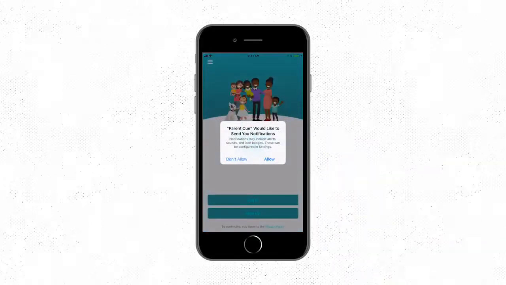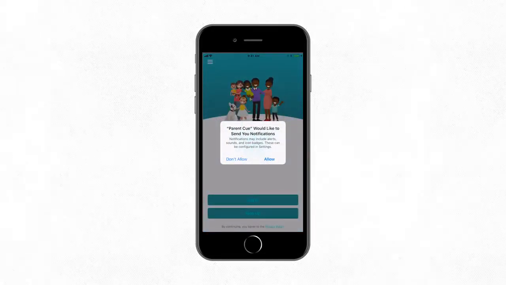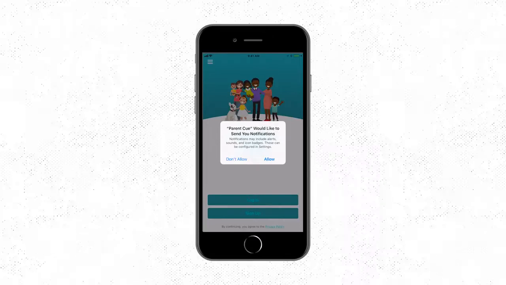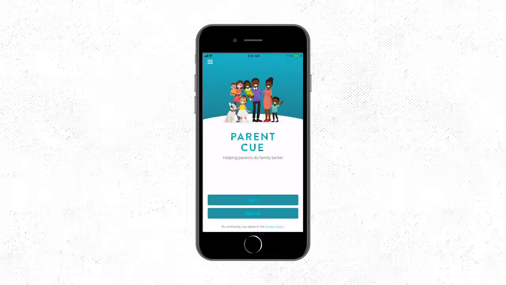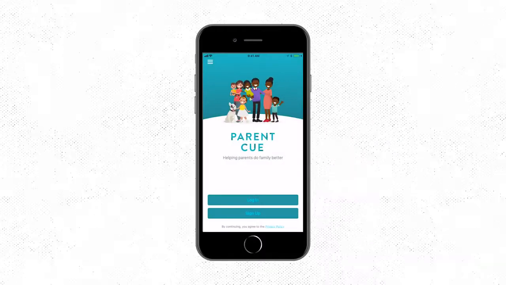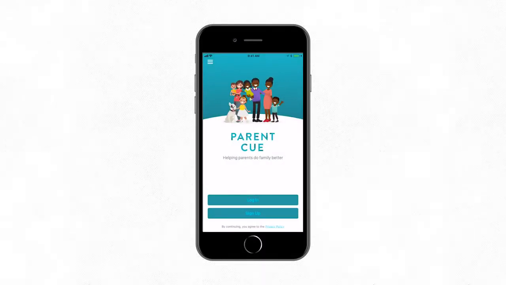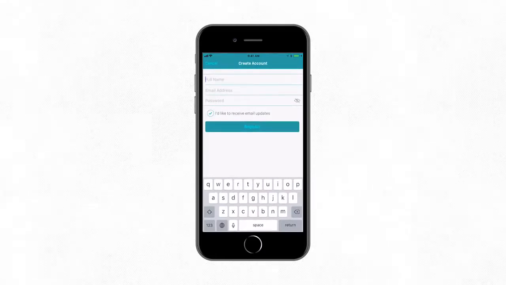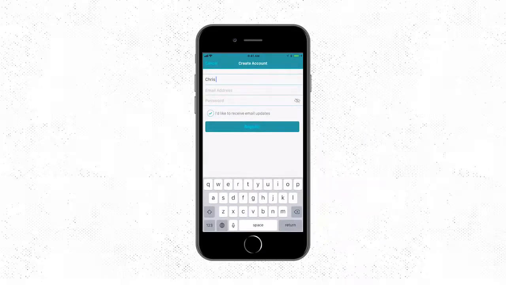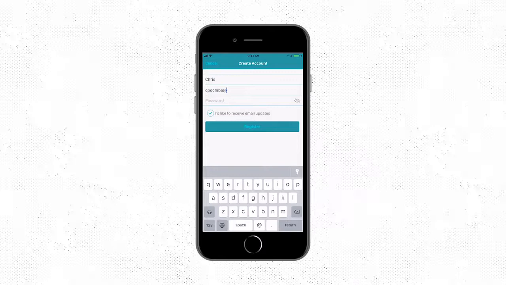On the first screen you'll see when you open the app, accept whether you would like for ParentCue to send you notifications. If you say yes, you can find out about updates to the app as well as get encouragement once a week. Next, you'll click Sign Up, create an account, enter your name, email address, password, and then click